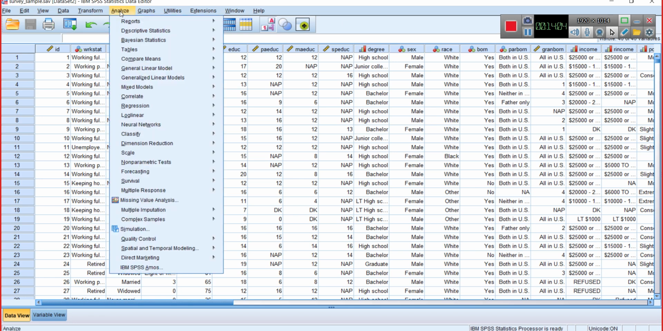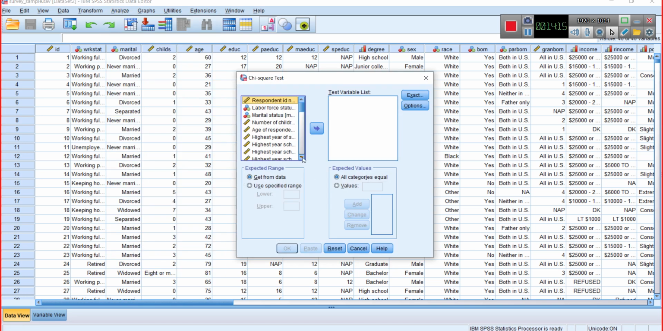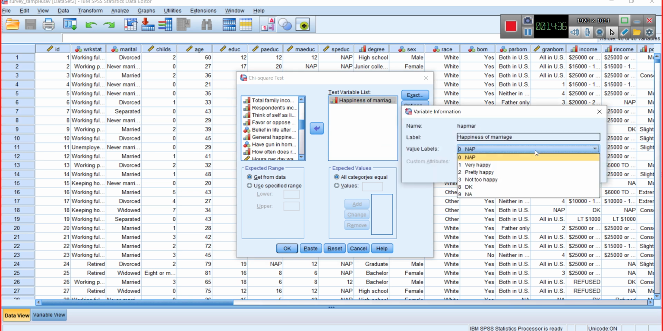For example, you may want to investigate through chi-square, for example, what's the state of the happiness of marriage. If you analyze this variable for happiness of marriage, which is measured in 3 categories of very happy, pretty happy, not too happy,